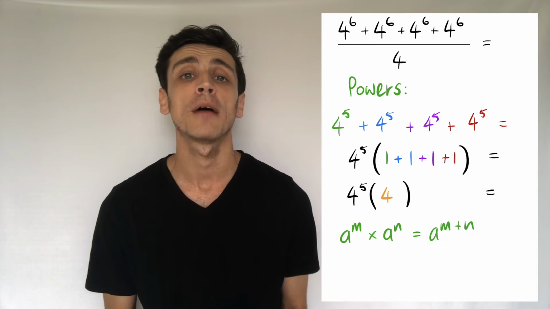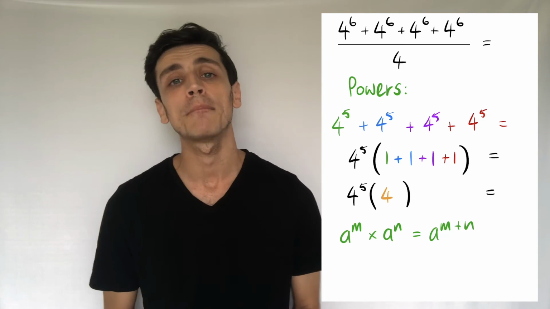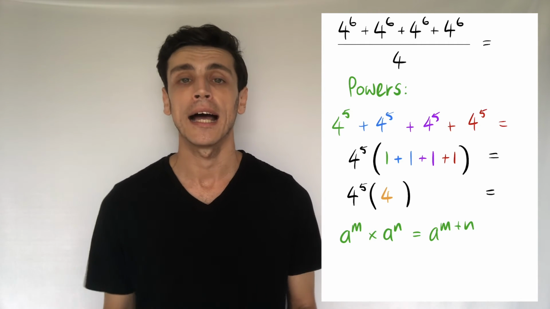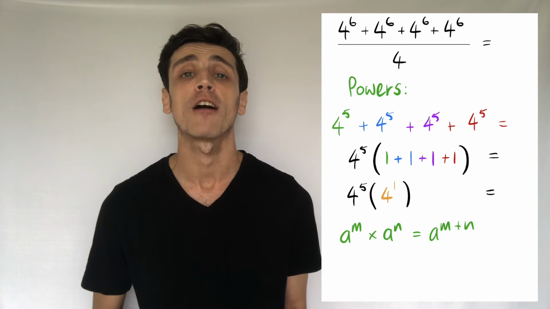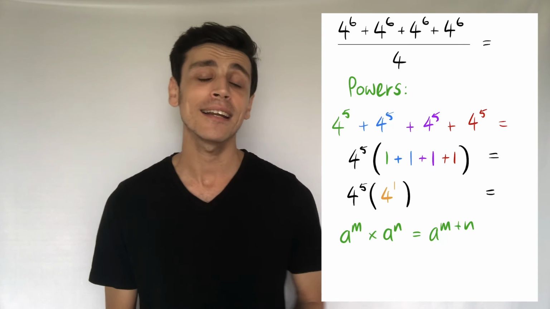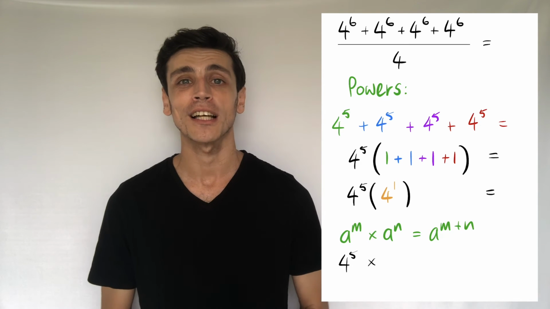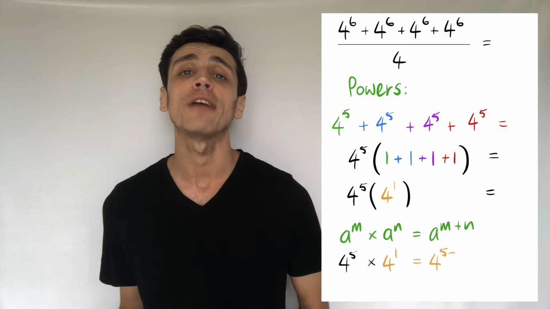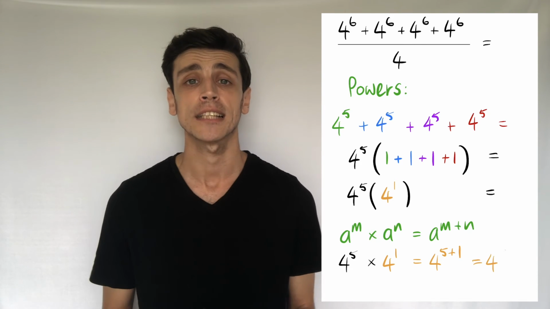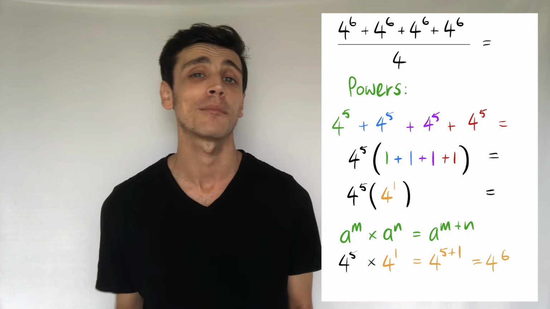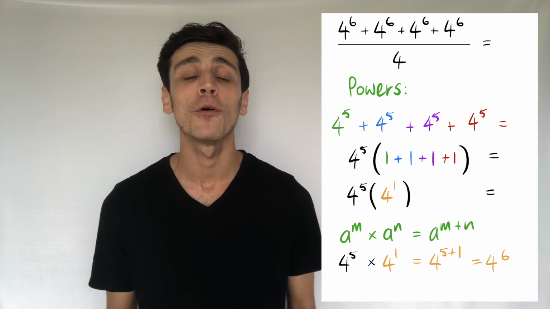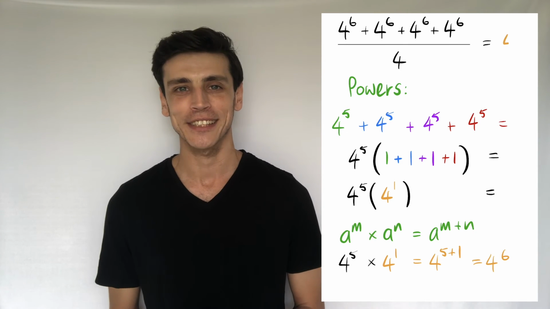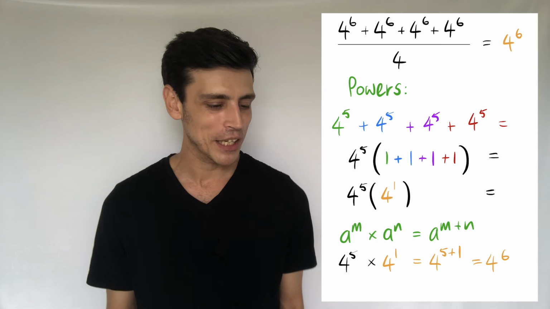So if you had, for example, a to the power of m multiplied by a to the power of n, because they have the same base, we simply add the two indices. So that would read as a to the power of m plus n. Again, in this case, we have bases of 4, and we have powers of 5 and 1. So 4 to the power of 5 multiplied by 4 to the power of 1 is the same as saying 4 to the power of 5 plus 1, which ends up giving you 4 to the power of 6,